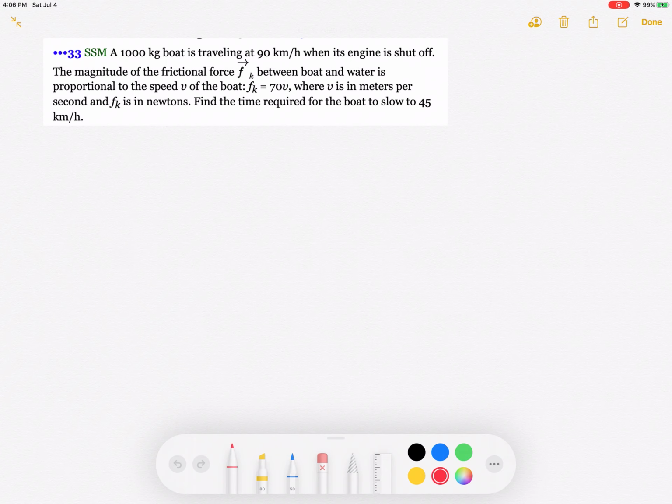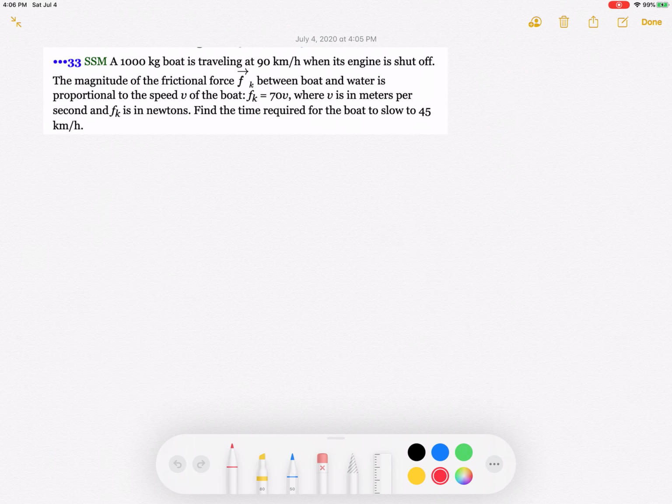Okay, this problem is a difficult one because it's got 3 dots. Yeah, well, let's start with the drawing. This is the boat. It doesn't look like a boat, but it's okay. And it's moving on the water at 90 kilometers per hour initially, but it